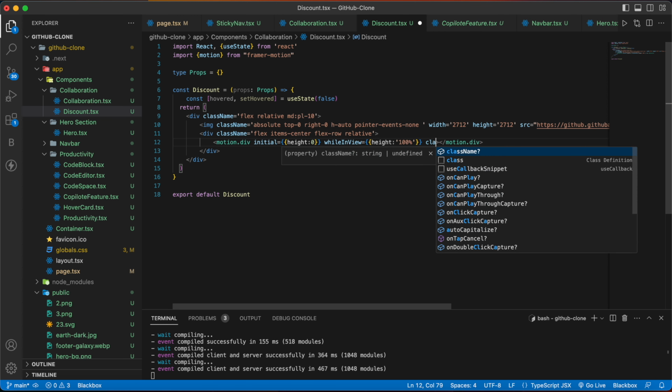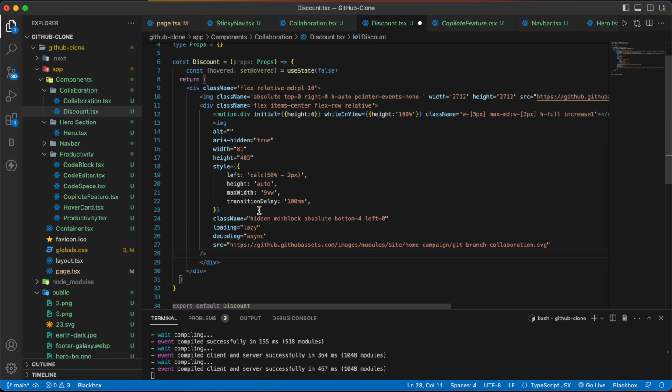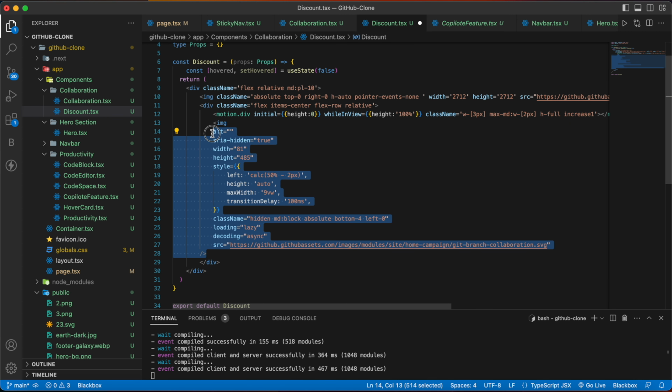Then we are going to have a class name. Inside that w will be 3 pixels, max-md w will be 2 pixels, and h will be full, and increase 1. Now below that we are going to have an image. So this is the image that we are going to use,